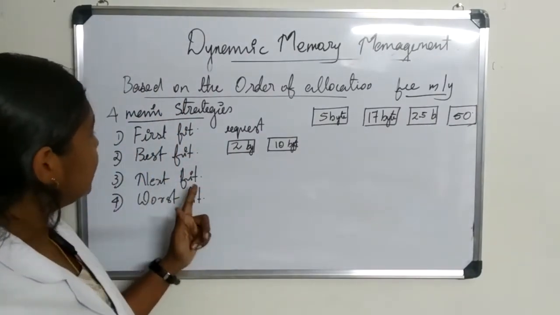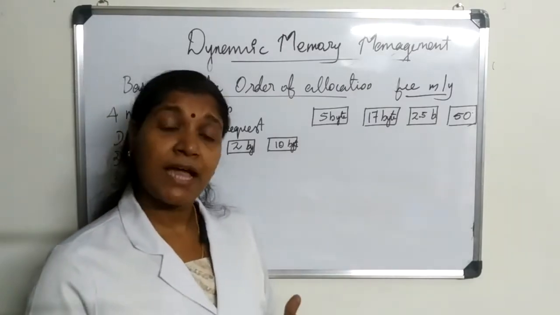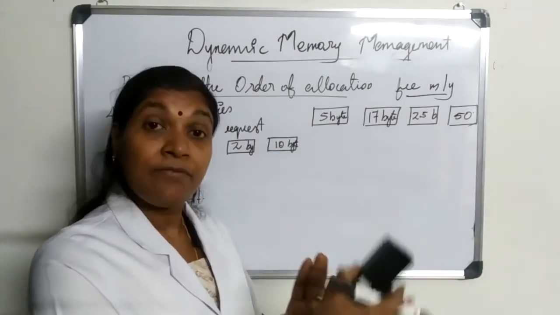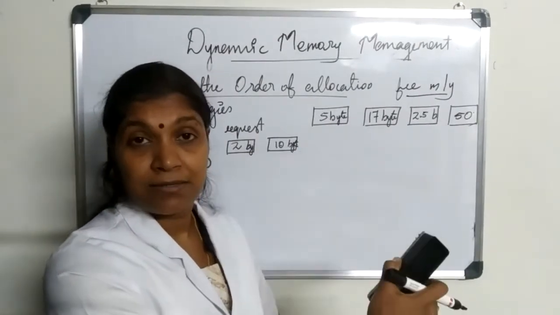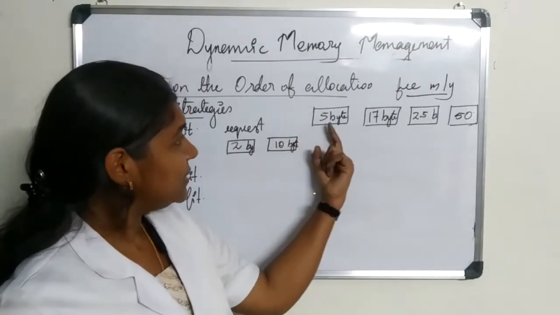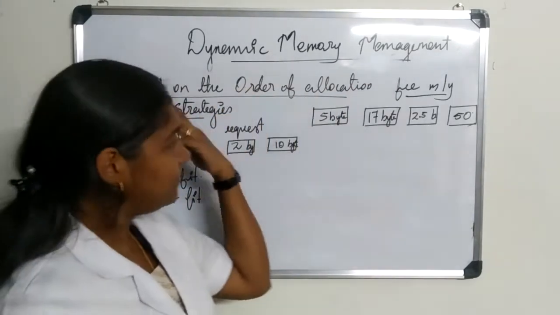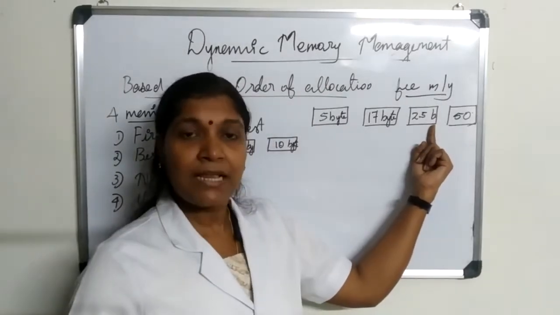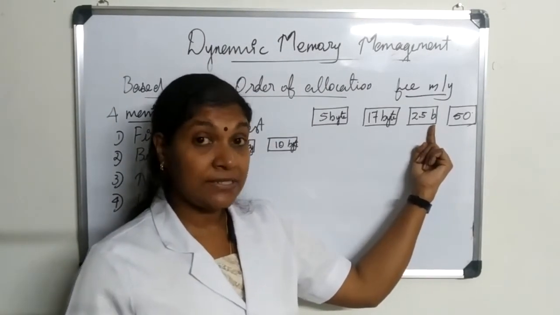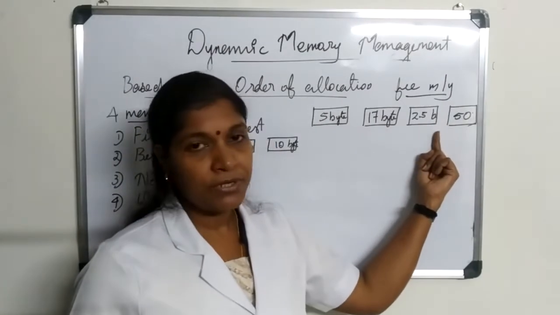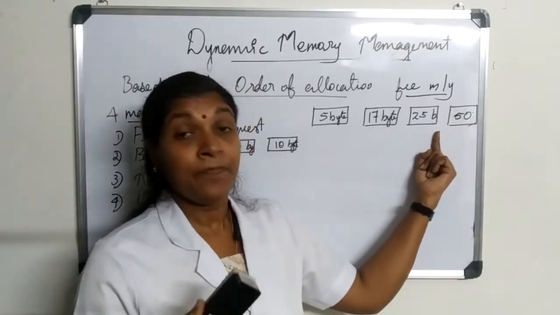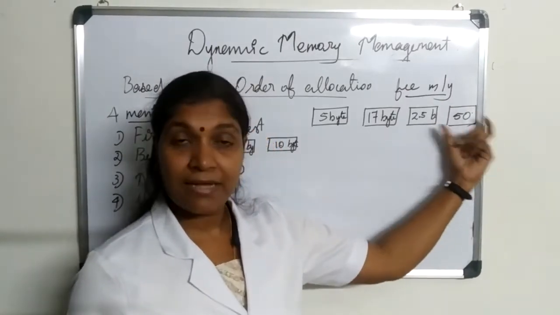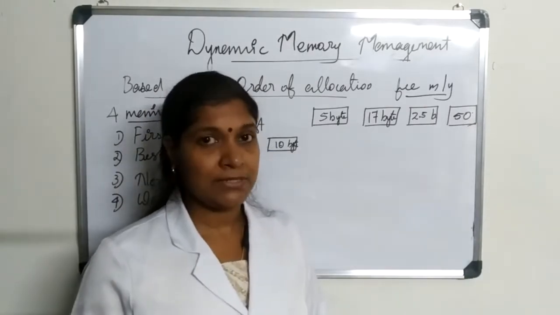Then next fit has the same procedure as first fit, but it starts from the location where we stopped with the last allocation scheme. Suppose with the previous scheme, the best fit allocation, we have stopped here. Then if the next allocation is done based on the next fit scheme, it would start from this point, following first fit allocation. That is, from this point, whichever block is available first would be allocated for the request.